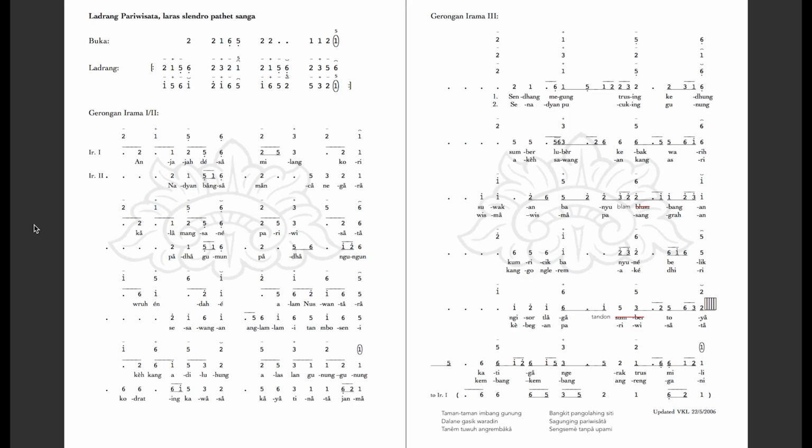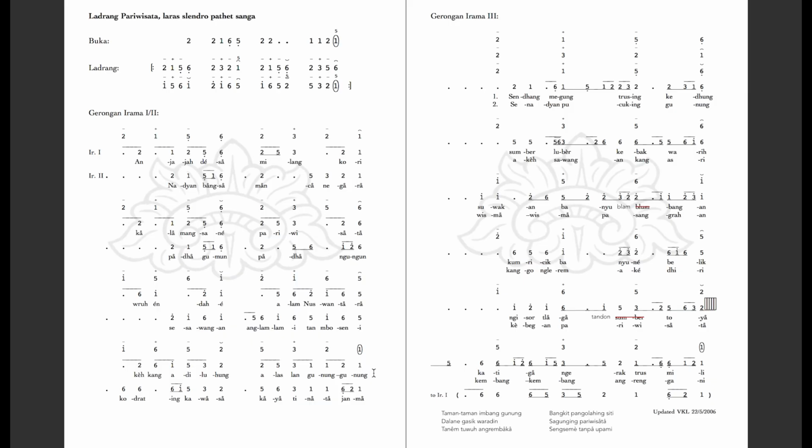One cool thing about this piece is that in all irama, the balungan is exactly the same. The only thing that's really going to change is how fast the balungan is proceeding, and then our vocal part is going to change. Looking at this piece, we have a buka, and then the balungan is listed right here at the top. This balungan is just repeated over and over again. For the vocal parts, if we're in irama 1 or irama tanggung, we're going to be singing this top line. Underneath the balungan, we have this line for irama 1.